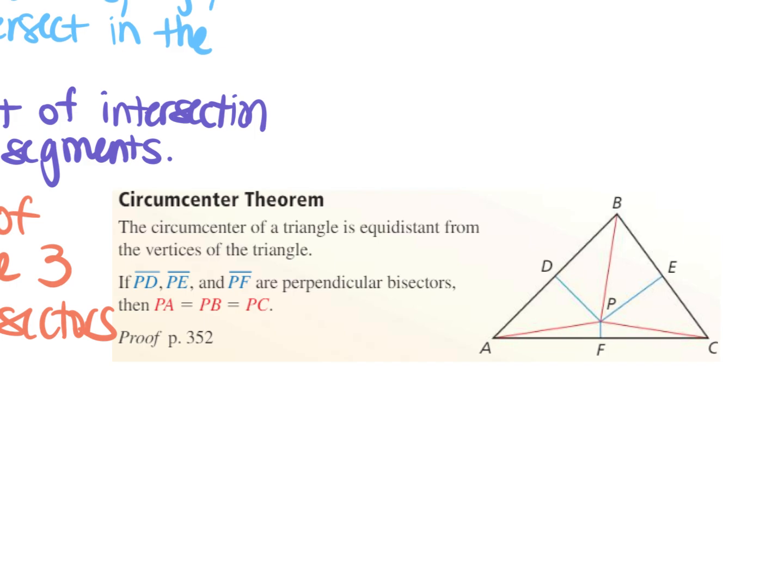We have 3 perpendicular bisectors, and I know they are perpendicular because they're right in the middle. They are not marked perpendicular, but we can assume they are, right? So there's our 3 perpendicular bisectors that are right in the middle. When you have 3 bisectors, the circumcenter means, guys,